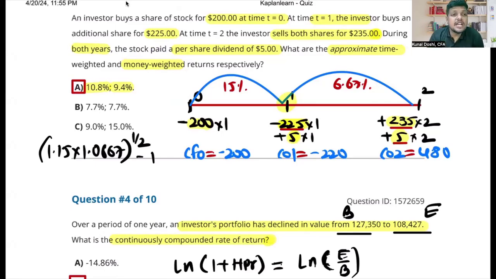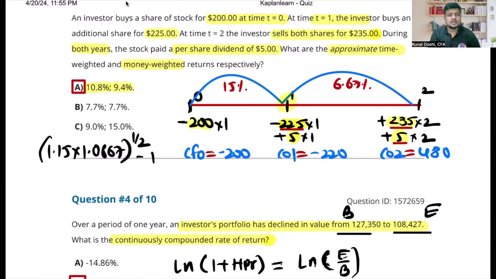Just before the second period, you put in more funds. Remember, the story told you that you bought one more stock at the end of the first year. So here you put in more funds before an underperformance. The best performance was in the first period. The second period was less performance. Good decision, bad decision? Come on, tell me. Just before the second period, which was bad compared to the first period, you bought one more stock, so you put in more funds. Was that a good decision or a bad decision?